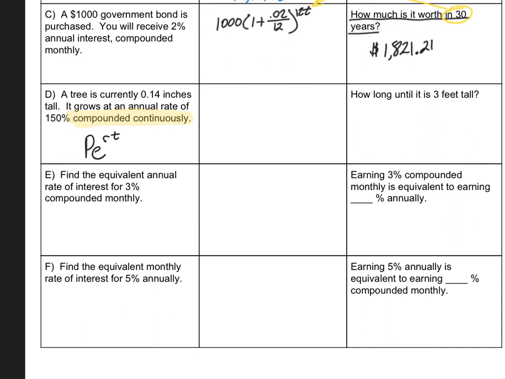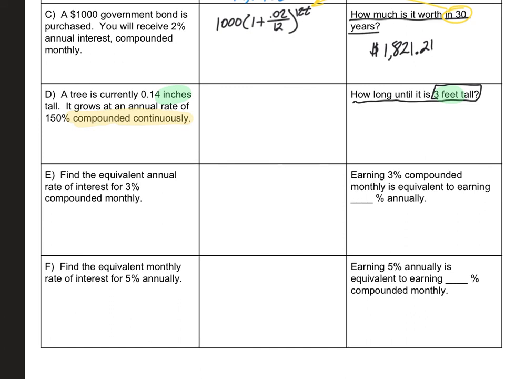But in this, we have to also pay attention at the end, because look what we're looking for. It says, how long until the tree is 3 feet tall? Emphasis on the word feet. We're actually comparing two different things here. We're comparing inches to feet. So what I like to do personally is get rid of the transition right away. So what I'm going to do is convert